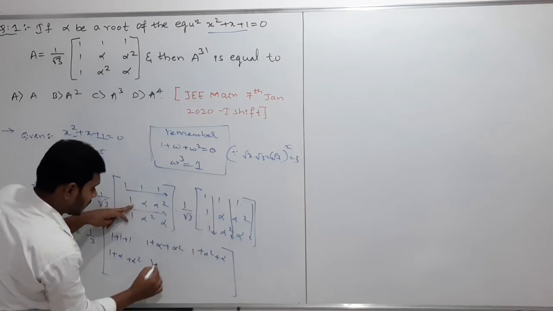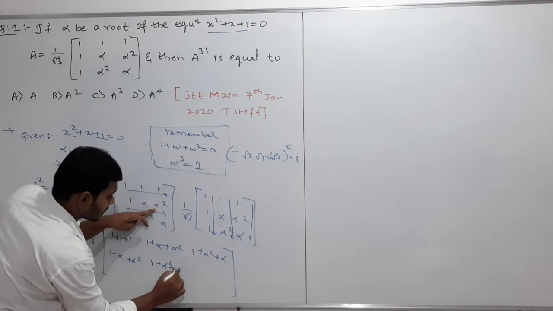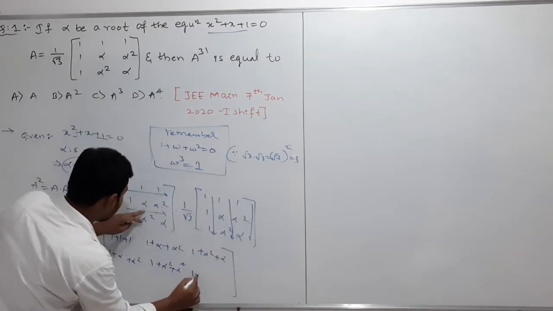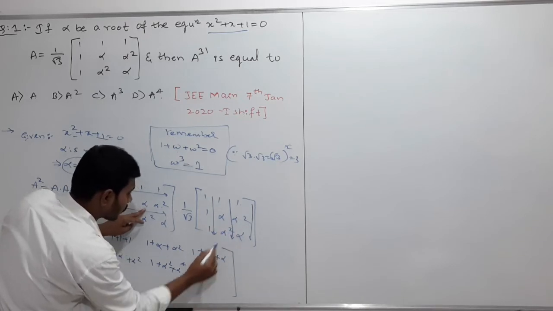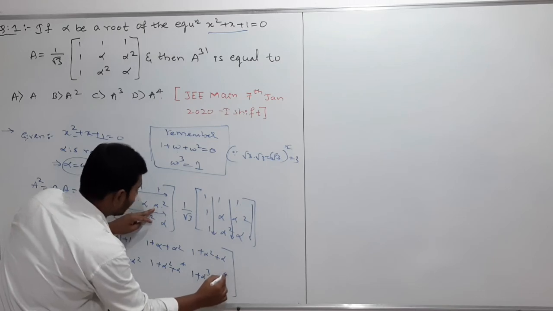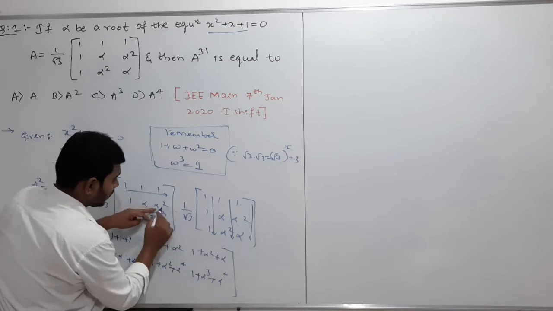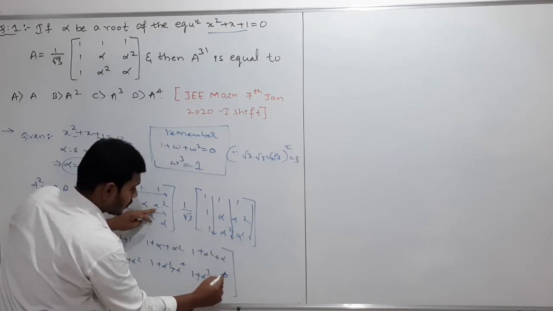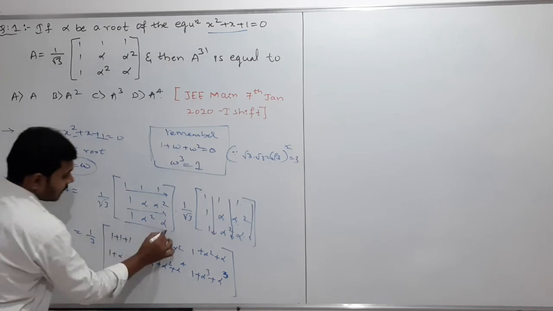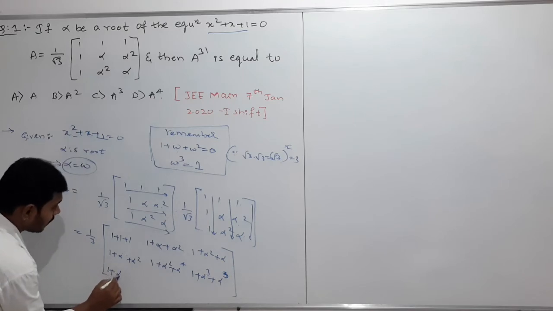So like this, second row. 1 into 1 is 1 plus alpha into alpha is alpha square into alpha square is alpha to the power 4. Second row, third column, 1 into 1 is 1 plus alpha into alpha square into alpha is alpha cube plus alpha square into alpha cube. Clear. So next, similarly we can write here third row first column, 1 into 1, 1, alpha square